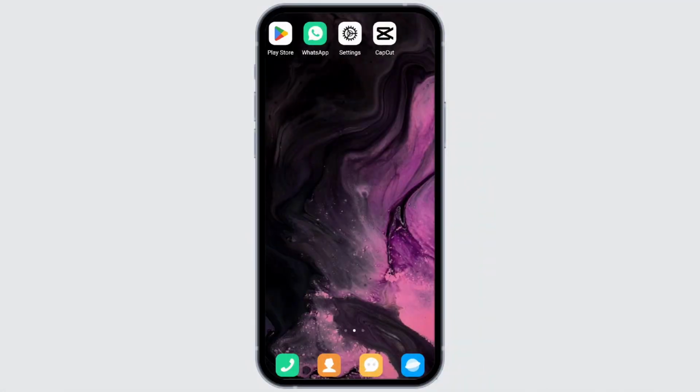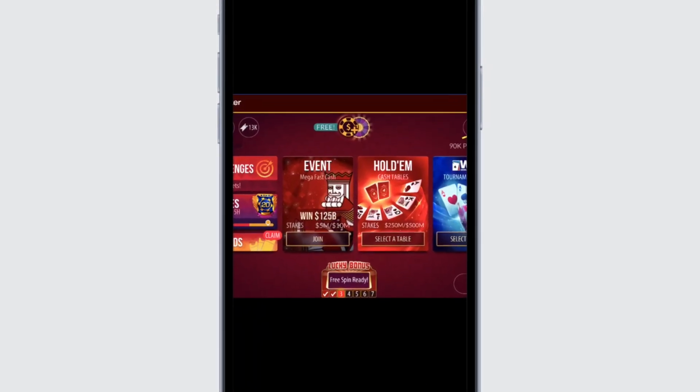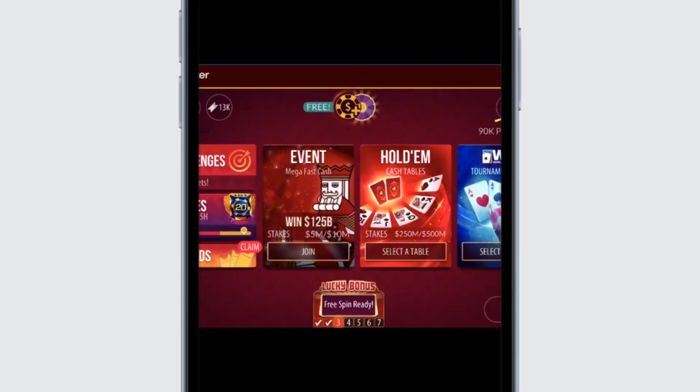Firstly, you need to launch your Zynga application in your mobile device. You can easily download it from your Play Store or App Store. Make sure that your Zynga Poker application is up to date. Tap to open your application. Once it is completely loaded, at the very top, you need to navigate to the setting